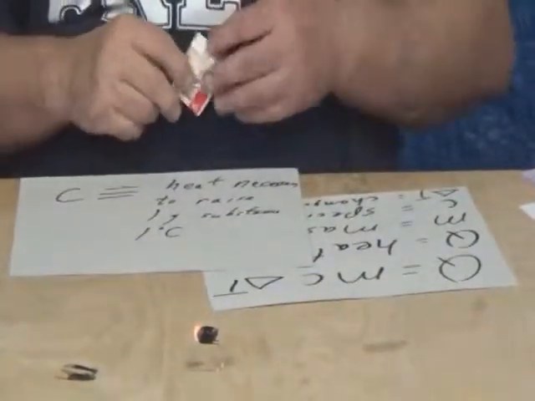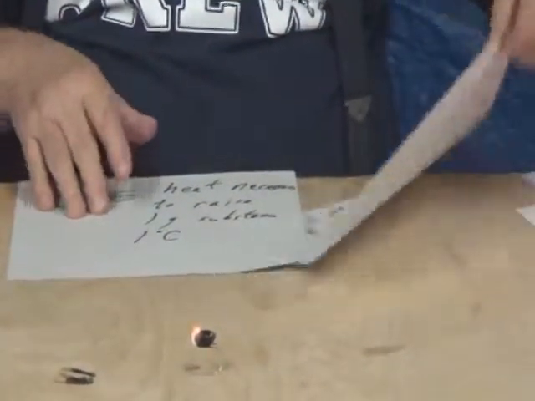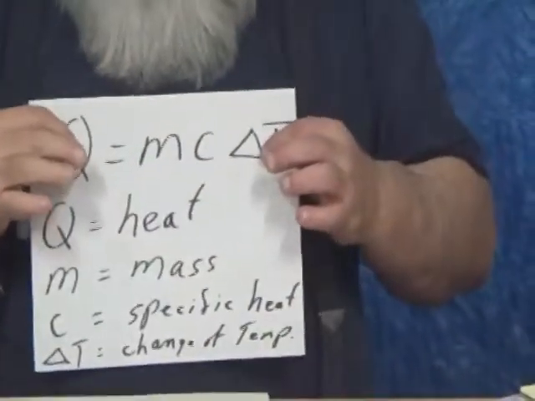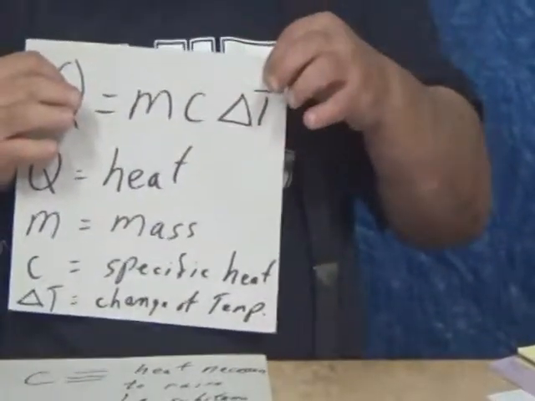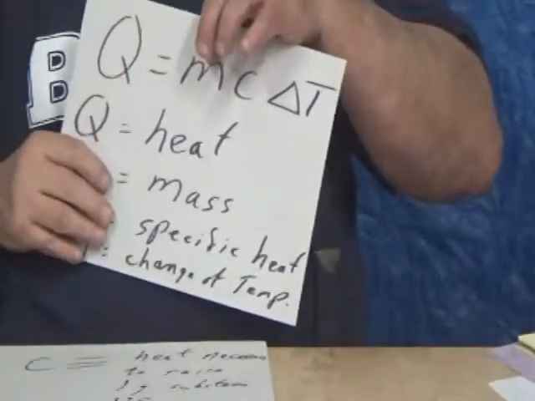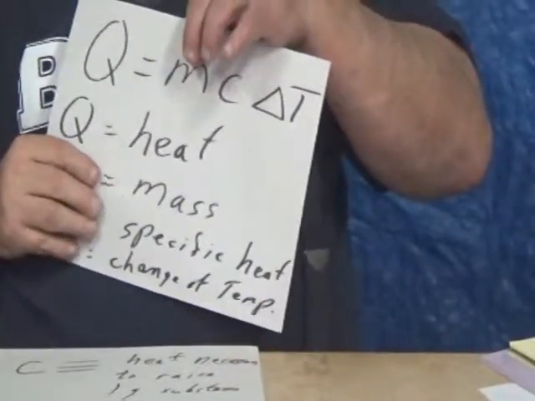And so you would use this equation here to measure how much heat is gained by the water. So 100 grams of water, 100 milliliters of water, the specific heat of water